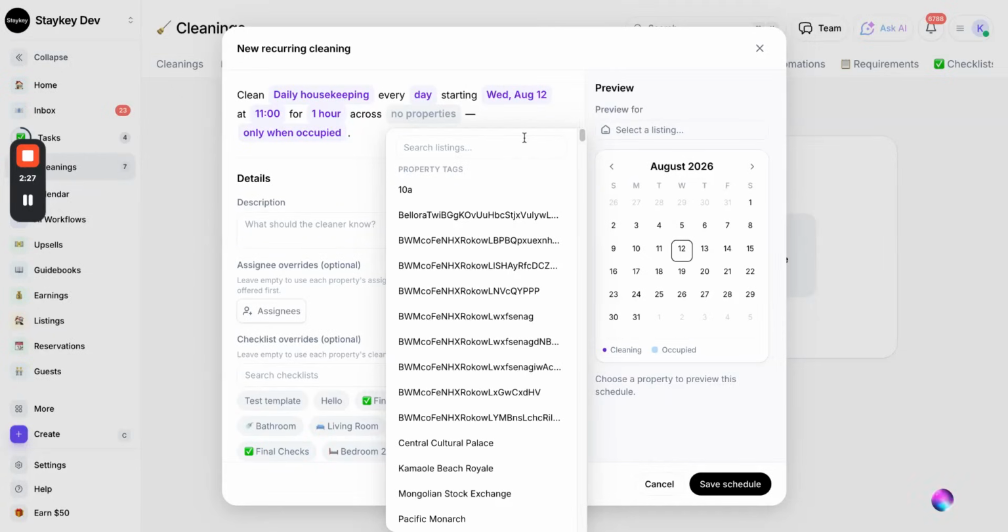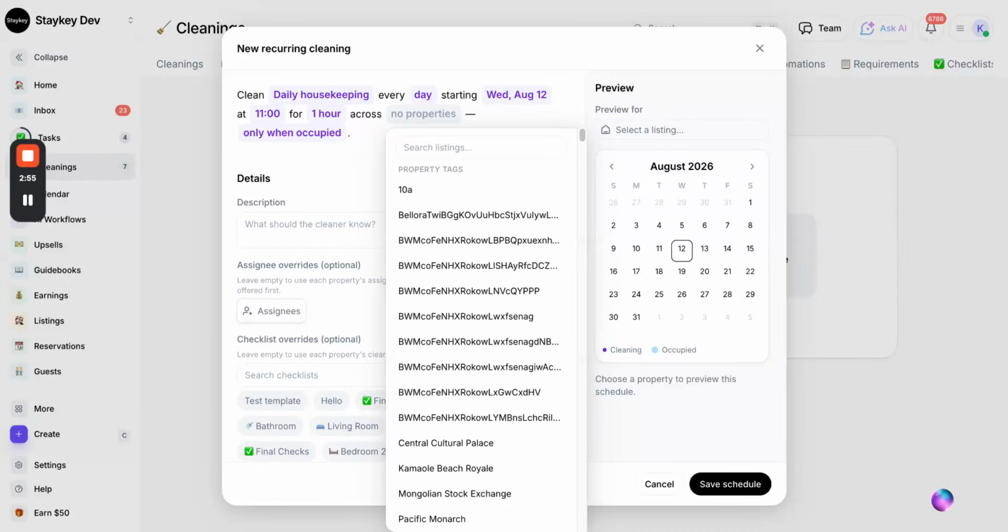One important thing to be aware of here is duplicate tags. You might have both an area tag and a city tag with the same name. For example, you could have an area tag called Sydney and a city tag called Sydney. But those tags may not represent exactly the same properties. For example, one property could have Sydney as its area tag, but Campbelltown as its city tag, while another property could have Sydney for both. If you select the Sydney city tag, the Campbelltown property would not be included, even though it has Sydney as